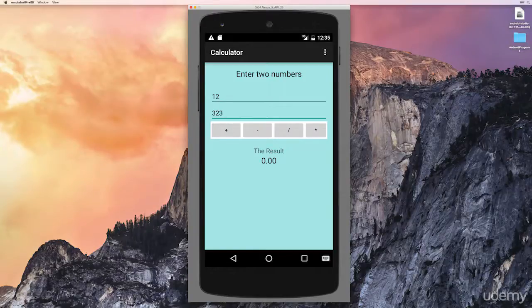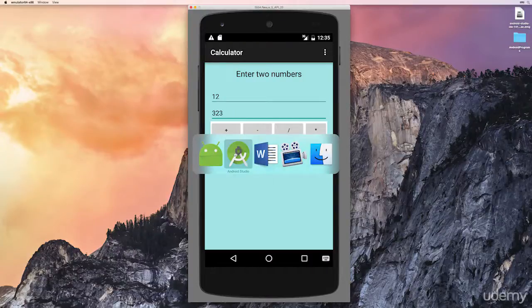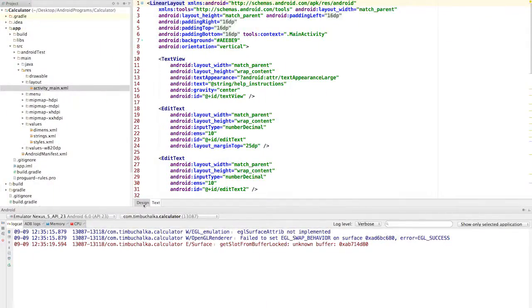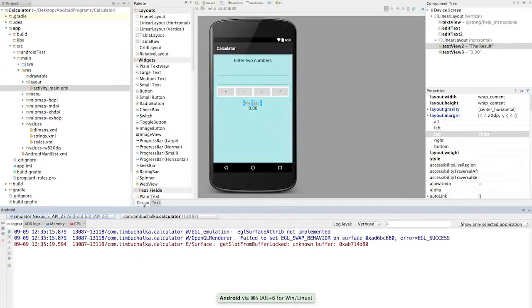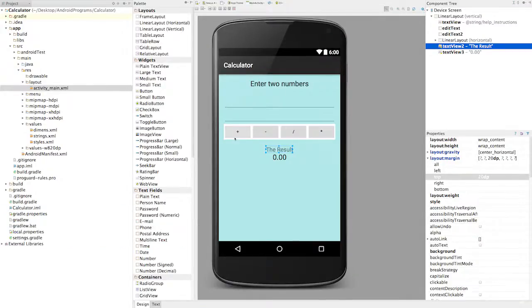But just before we finish off, going back to our interface, going back to our code again, go back into design, and I'll close off the Android window down the bottom. What we probably should have done is used small buttons, because they look okay. You can see that they seem to be perfectly centered, but they probably won't fit on all the screens in the emulator properly or on a physical device, because the buttons are really too big. Now, this is more of a problem with Android Marshmallow because that seems to automatically set some default margins or paddings. So what we really want to do is change the style for those buttons to be